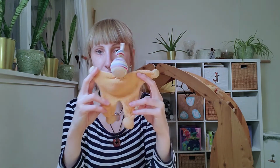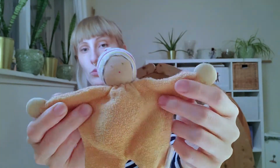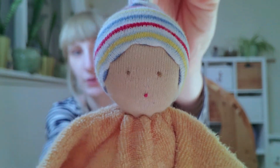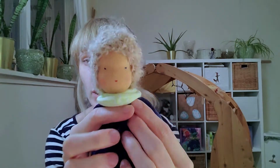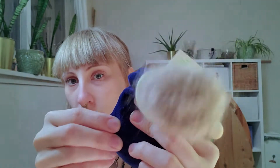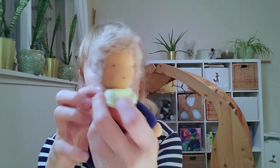So these are her favorites since she was a newborn, because these were her suckies. We have a bunch of them. This is just organic cotton. Here in the middle is wool, in the arms, in the hands and in the feet, and in the head is wool. And it's very, very simple. This one here is from the brand Alana, also bought at the DM store in Germany. This one here also has wool in the head and in the hands, but not in the body. It's also of the brand Alana, and it's also mostly wool, but like I said, not what's inside here,